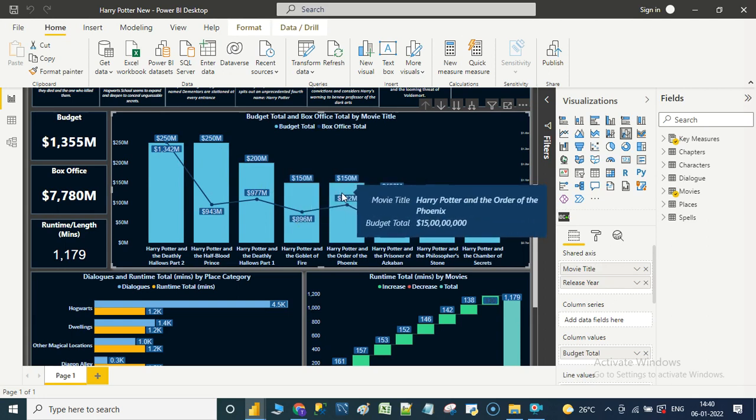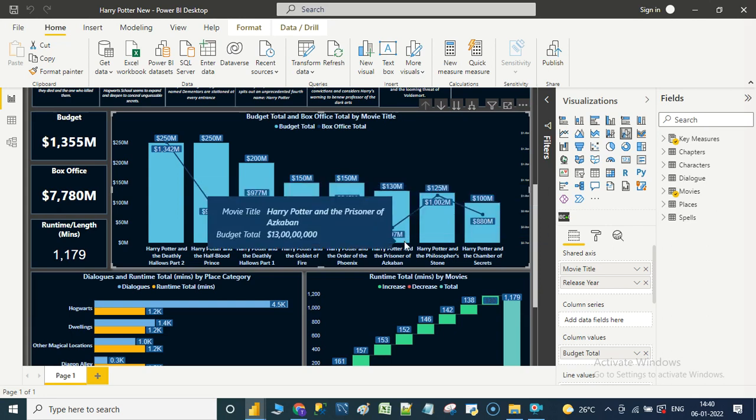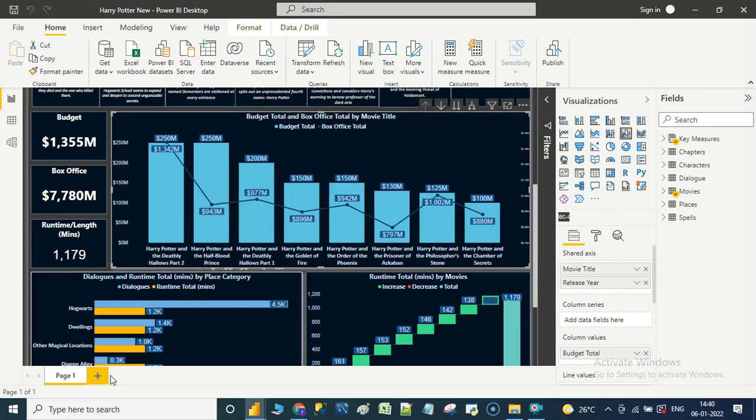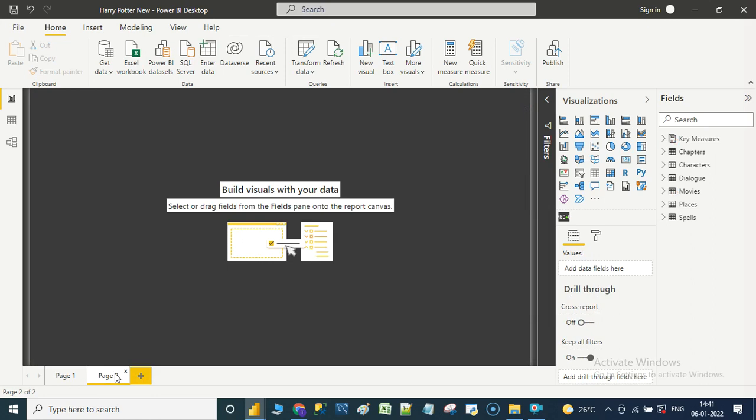What we shall do is replace this particular tooltip with a visual tooltip. In order to do that, we have 3 to 4 simple steps. So let me create another tab in this dashboard. By doing so, we shall navigate to the format option. Under the format option, let us go to the page information, and under page information, let us rename the page as visual tooltip.